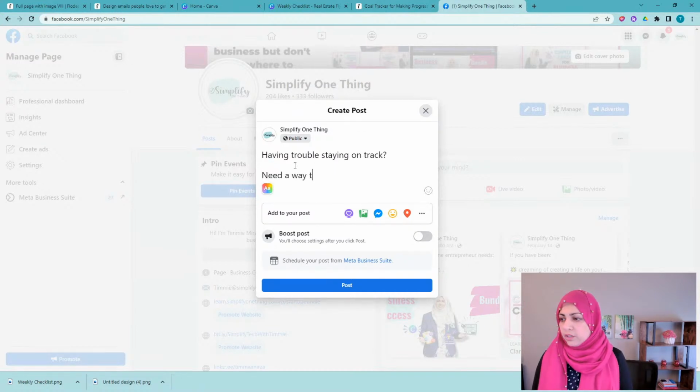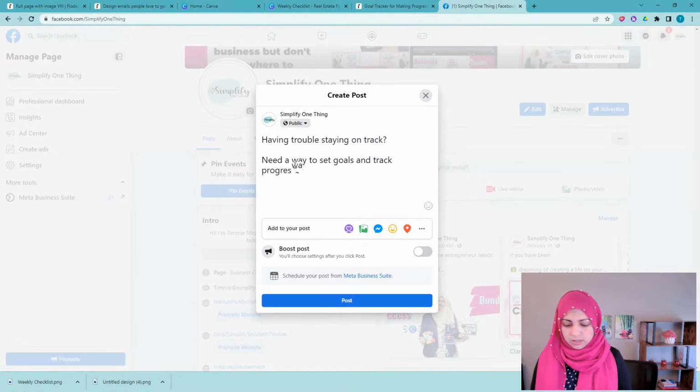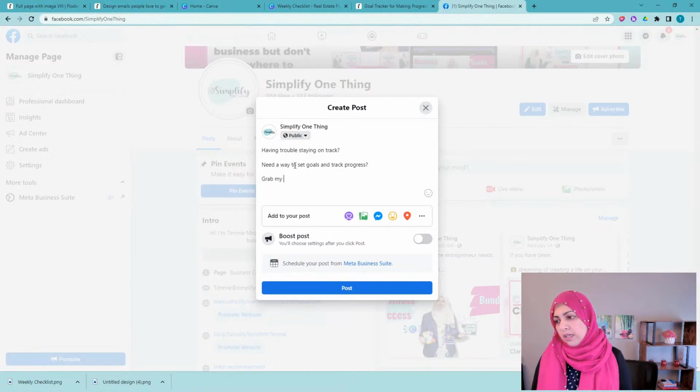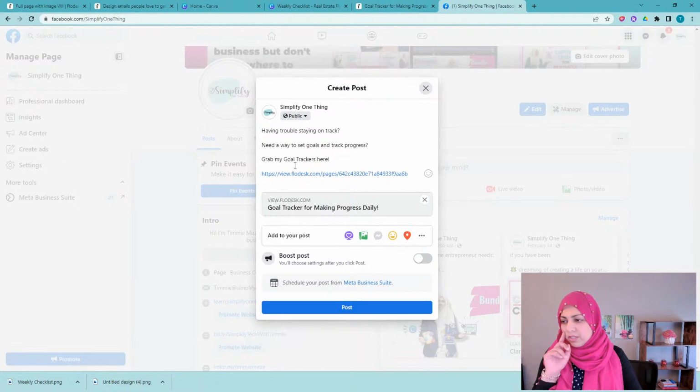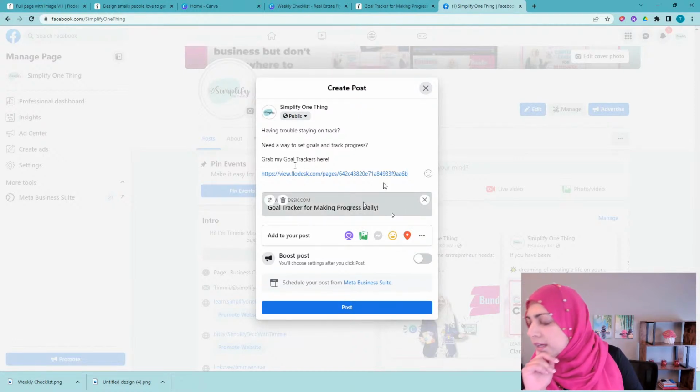Need a way to set goals and track progress? Okay. Grab my goal trackers here. Right, that's all. And I'm going to just paste this, and hopefully with some luck,